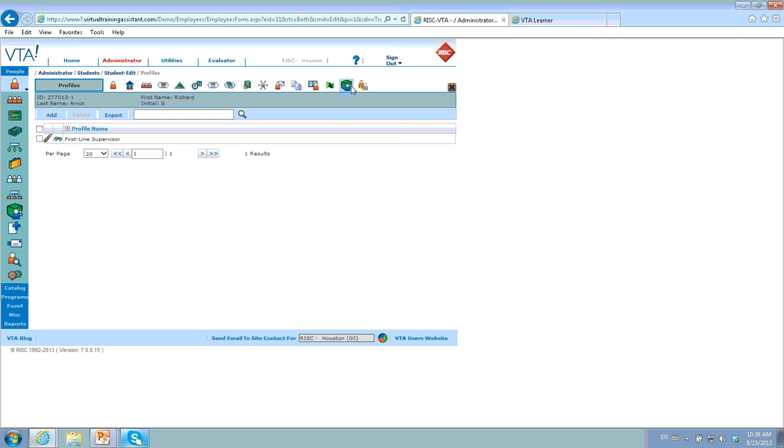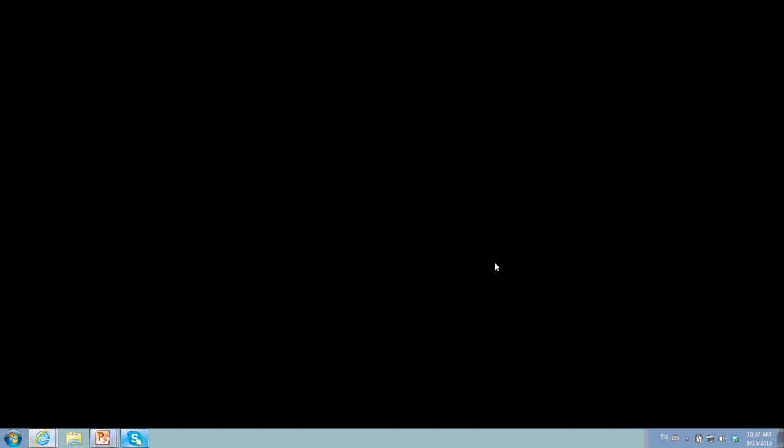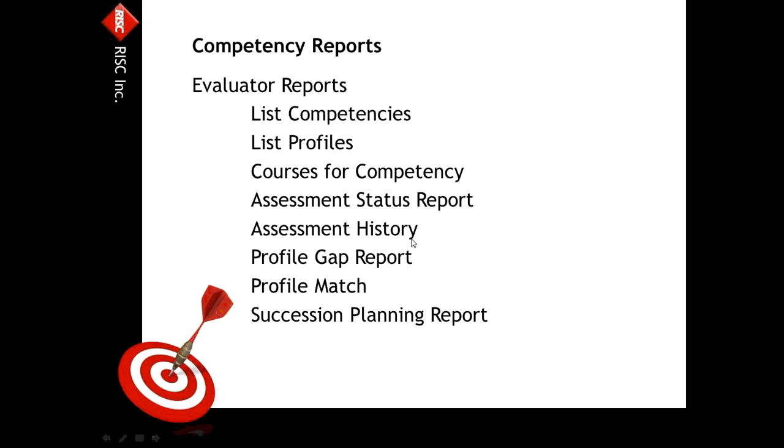So this is a high potential leadership profile that I'm going to assign to this group of folks that are my new potential leaders. So again, that's the big change from a student record standpoint that you can see inside the system. The last real piece as far as data and getting set up here are all of the reports